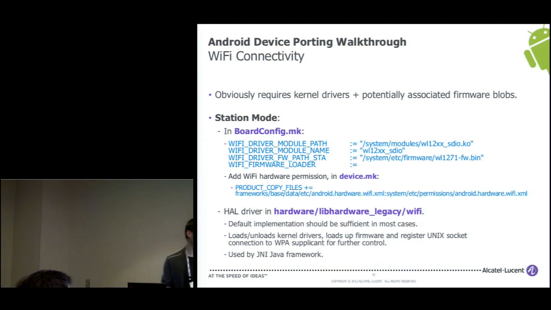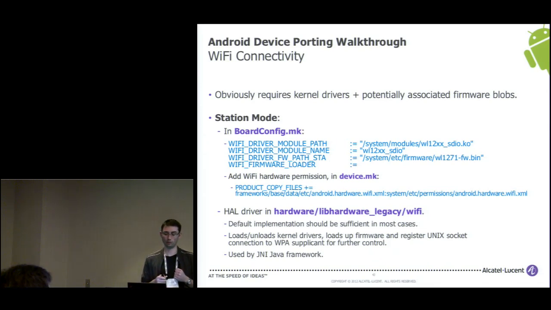The WPA supplicant service is defined within the init.rc file. So once again, you see a link between the HAL and init. When you hit Wi-Fi on/off within your settings application, it goes all the way down through your Java stack to the Wi-Fi HAL, which uses Unix sockets to ask the init daemon to start the WPA supplicant application.